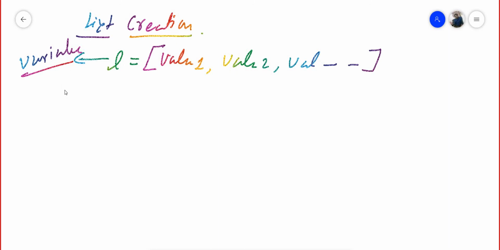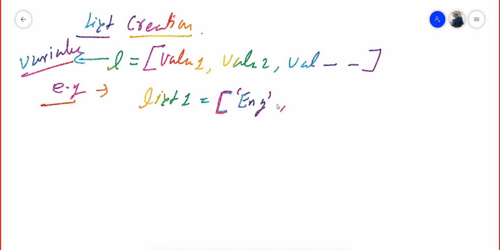Let's take an example. Suppose this is list 1. It is English. Suppose I have given this. You will define a list in square brackets, with commas between the values. Here these numbers are in numeric form.